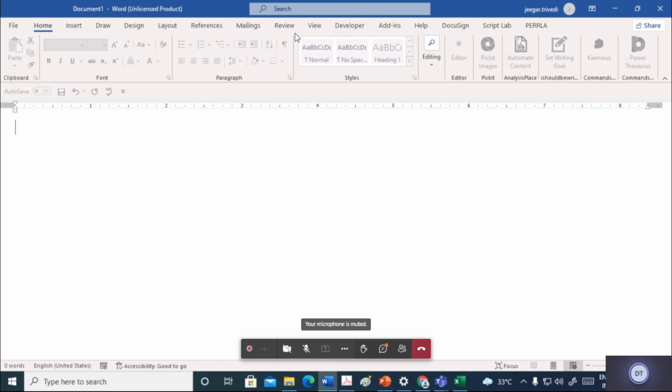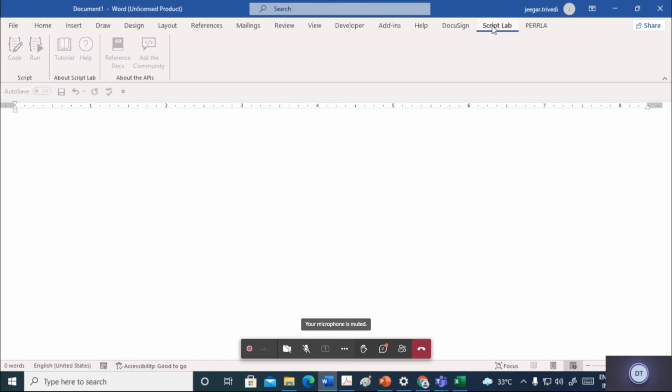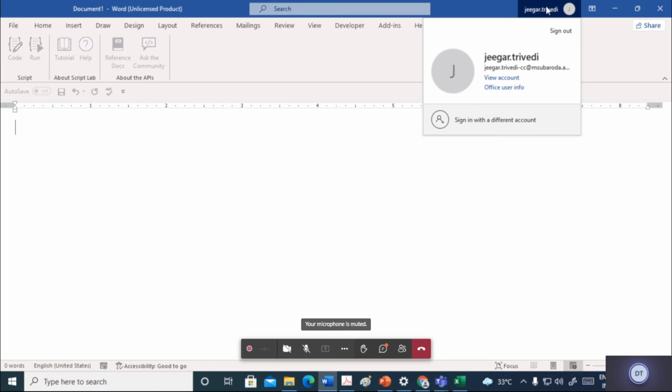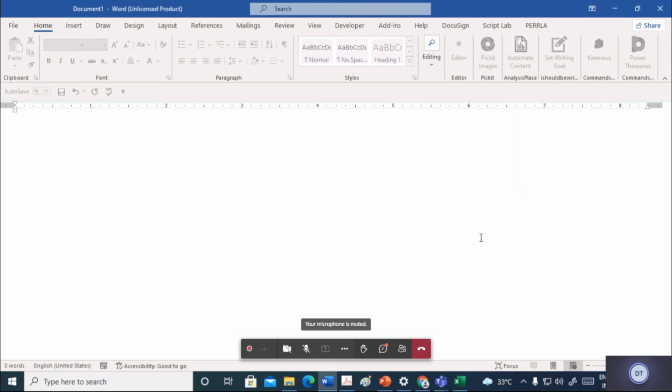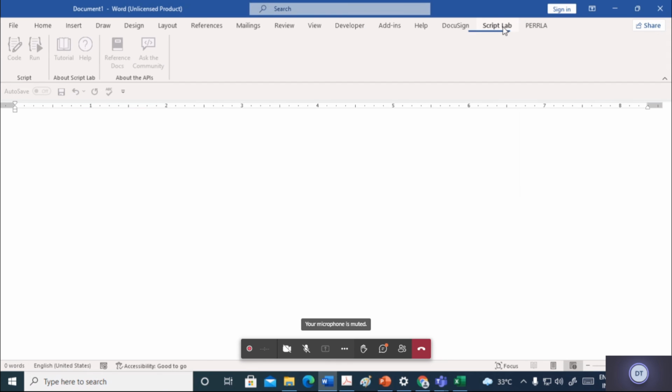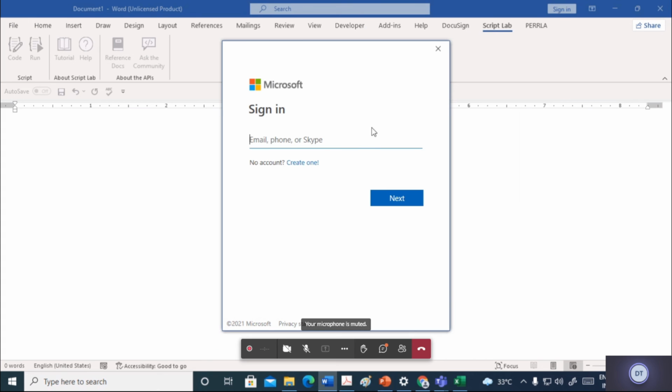Where is the Script Lab? Okay, here it is. It is disabled. Somehow there is some problem in my Microsoft Office, but this will allow you to run the script code. No, it still does not allow.